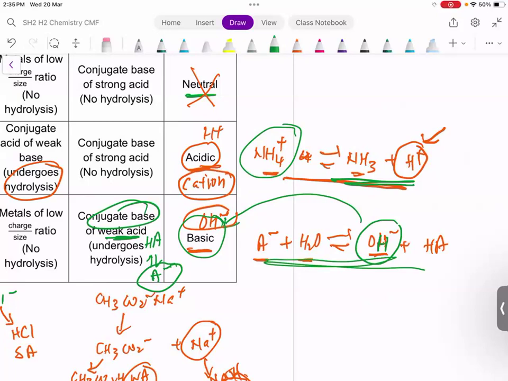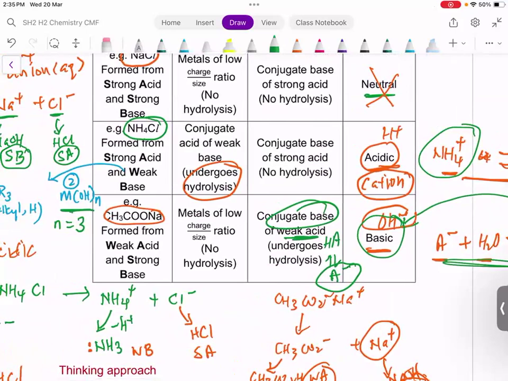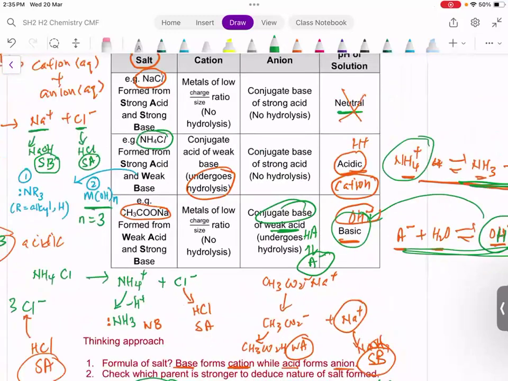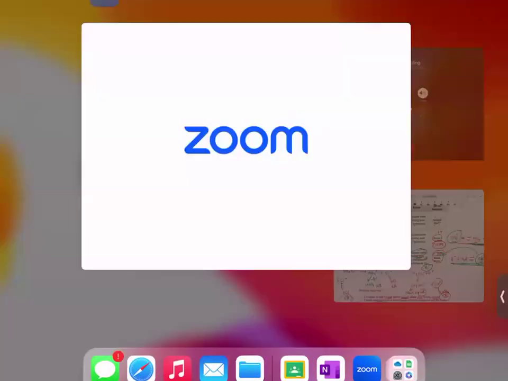Check your answer. Check with your neighbor first. Check until it's right. All right, so we'll end the lesson here. If you got confused, please double check with your neighbor. If not, double check with me. Acidic salt. If it's the acidic salt, it must